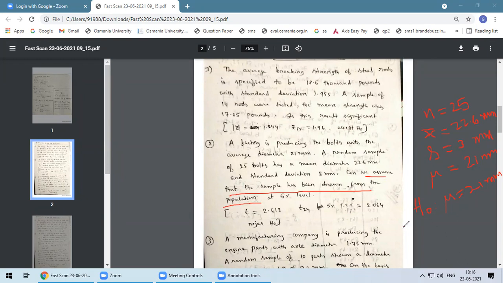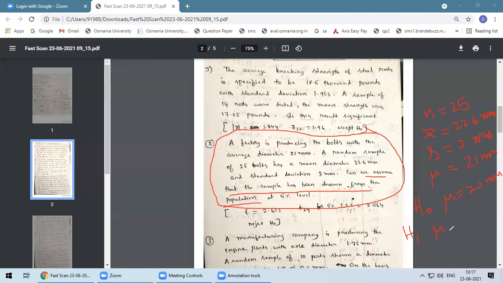Next, step number 2. Is any condition given in the problem? More than, less than, greater than? Anywhere in the entire problem, do you find any such sentence? Respond quickly so that I will know. Say yes or no. No. If it is no, then you can write the statement.